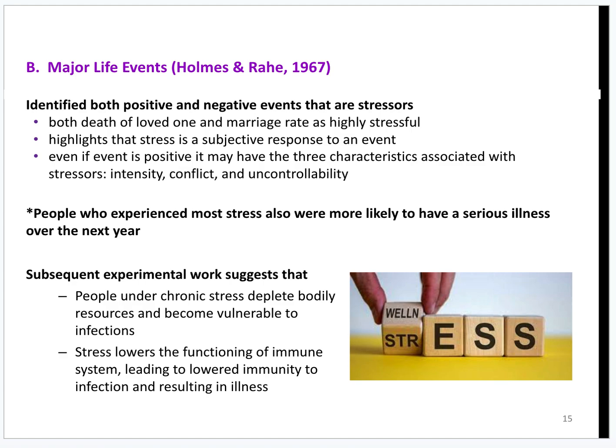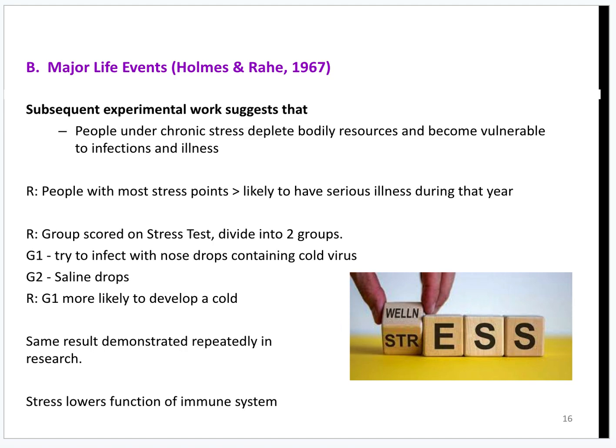Subsequent experimental research suggests that people under chronic stress deplete bodily resources and become vulnerable to infections because stress lowers the functioning of the immune system. And we will see more research on that. Like here. Research repeatedly has shown people with more stress points are more likely to have serious illness over the next year. One study that's cited, they took a group of people and they scored them on the